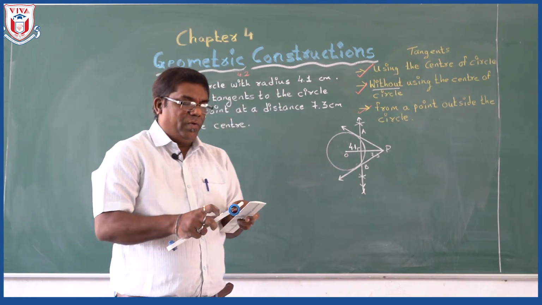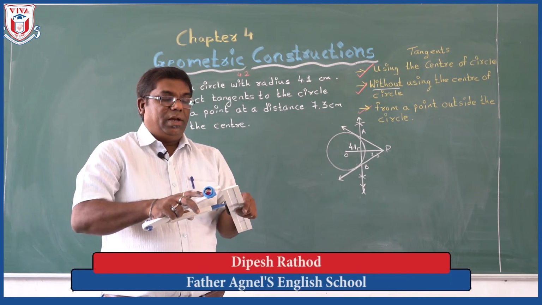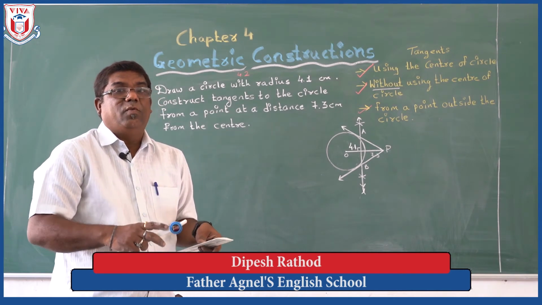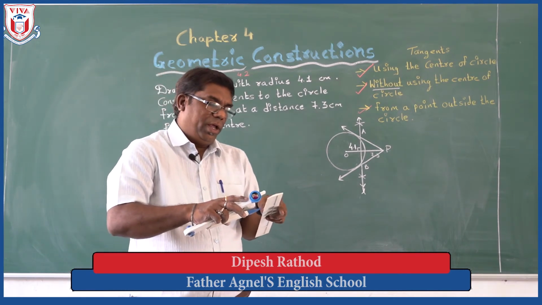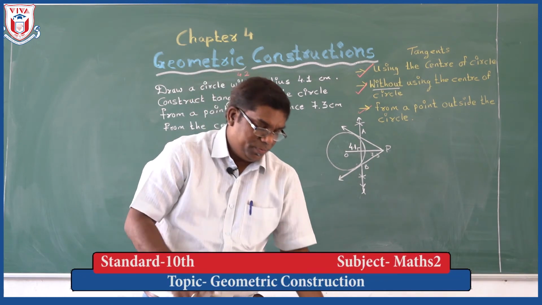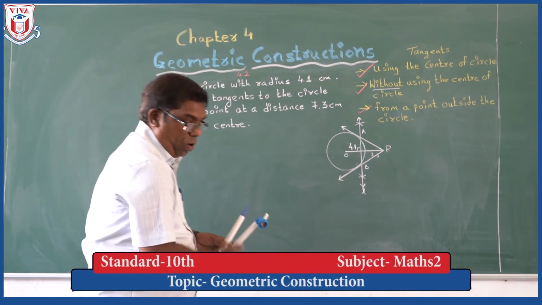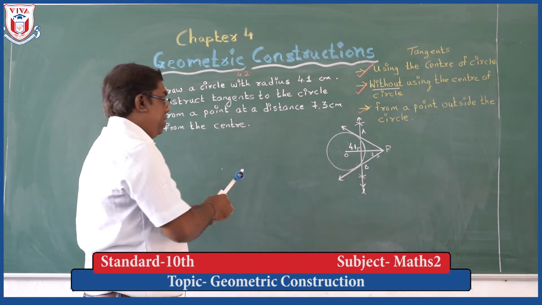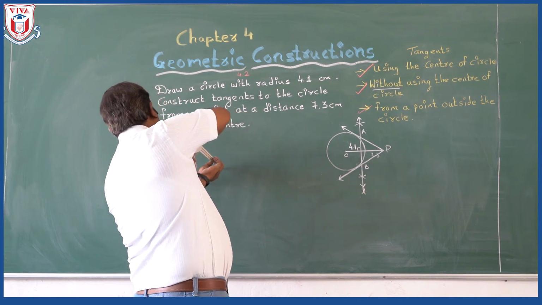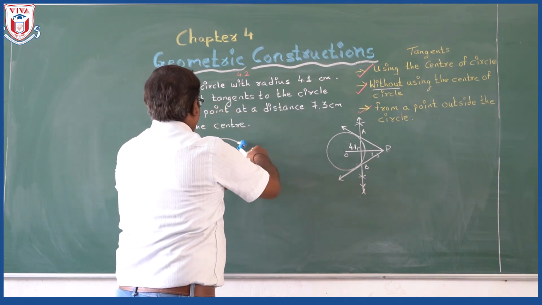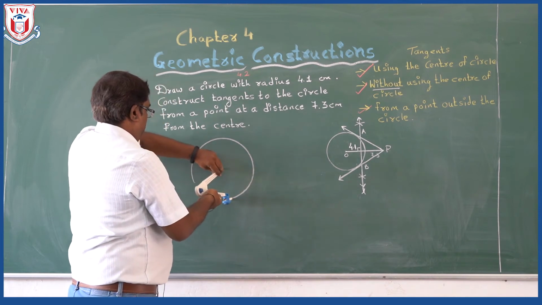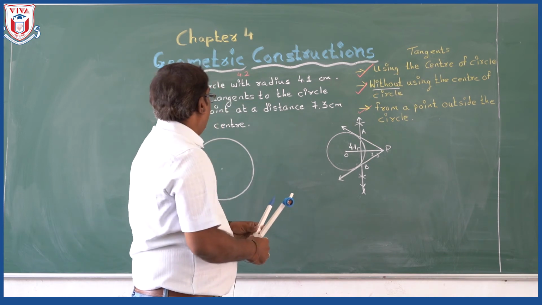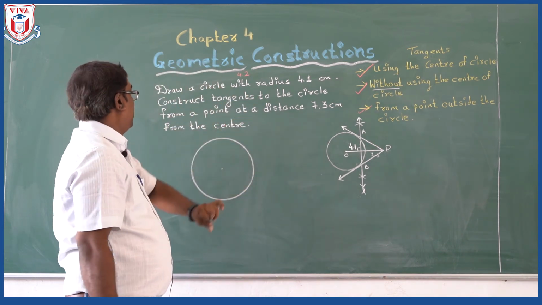Take the 4.1 measurement here. See that 4.1 should be very accurate. Sometimes students go with 4.2 or 4.3. 4.1 should be very accurate. Go with 4.1 and draw the circle. Always see that you keep a point out there. This is my 4.1. Further, what they are told: construct the tangent to the circle